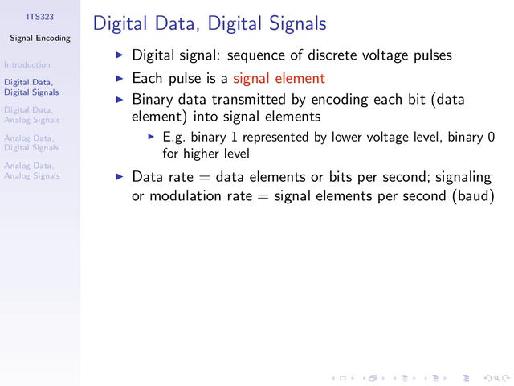We've seen this example before, or a similar one. And we can do something different. We can have a different encoding scheme. Instead of mapping 1 bit to 1 signal element, we can have 4 different signal elements and map 2 bits to a signal element. Here our scheme was low voltage bit 1, high voltage bit 0. A different scheme: